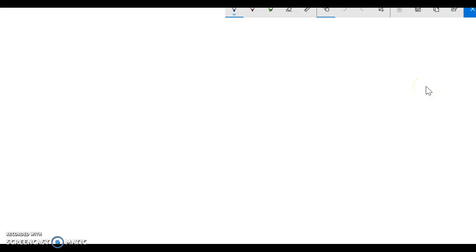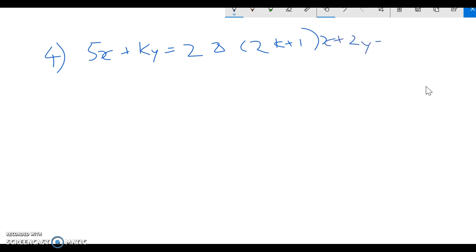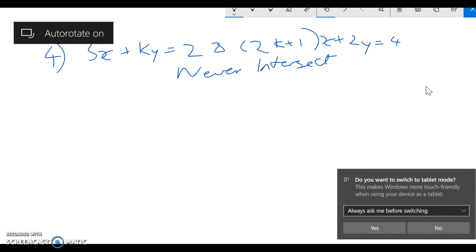Okay, let's keep going. So question 4 says determine the value of k given that 5x plus ky equals 2 and (2k plus 1)x plus 2y equals 4 never intersect. Now this bit is really important, so I've linked it to this simultaneous equation. Never intersect. Well, if you draw a line,